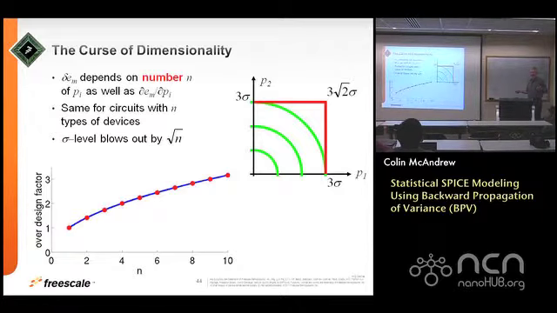So I had said earlier that historically people typically put plus or minus 3 sigma variations in parameters. So let's look at P1 and P2. If I put 3 sigma in P1 and 3 sigma in P2, I actually end up at 3 square root 2 sigma probability in manufacturing space. And it turns out that if I do it for n quantities, I actually blow that out by a square root of n. So if you think about an over-designed factor, by the time I get to 9 things